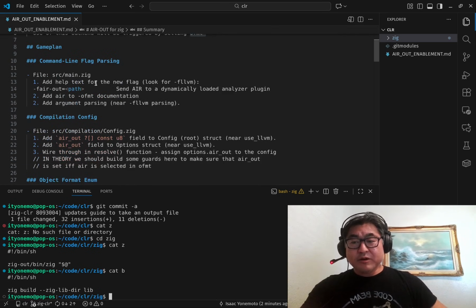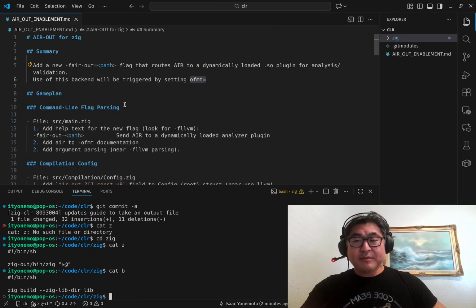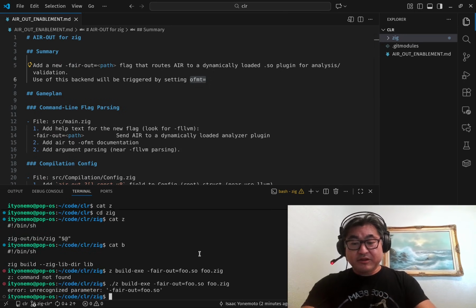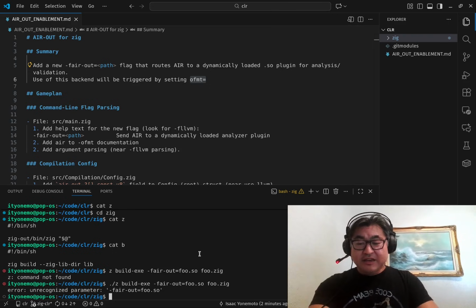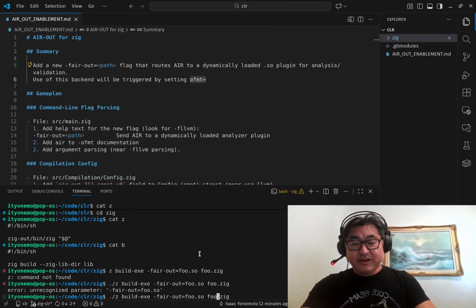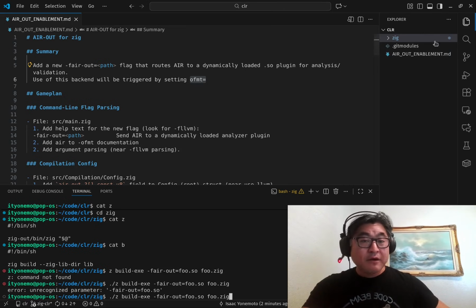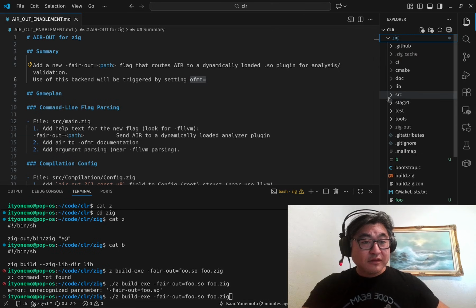The first thing that we're going to do is add these command line parameters. So this is the command that we're going to want to test, and you can see currently it doesn't recognize the parameter fair_out equals foo.so. So let's build that one out. We're going to add this new flag to source main.zig. So let's go to source